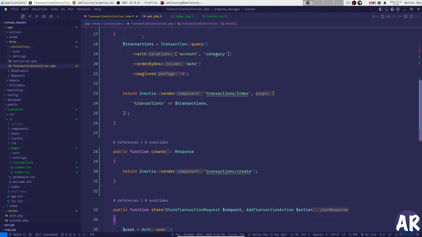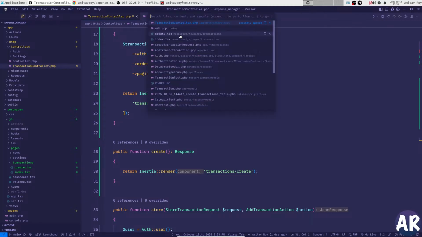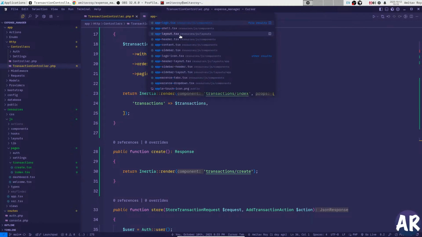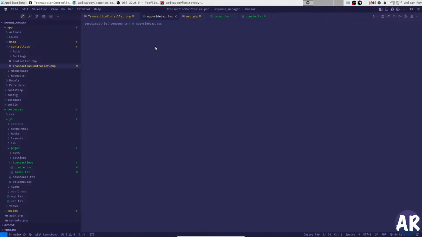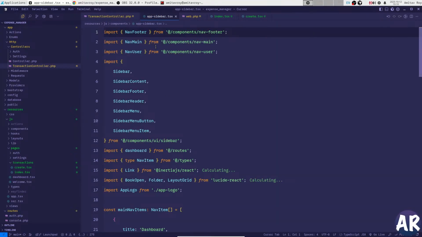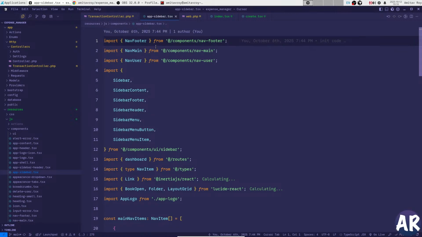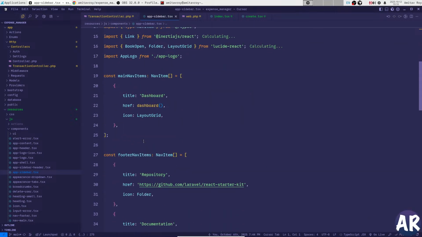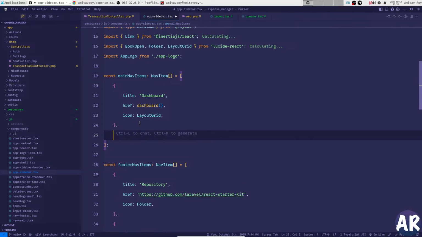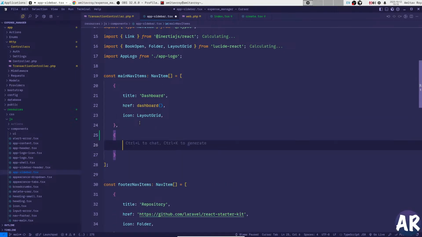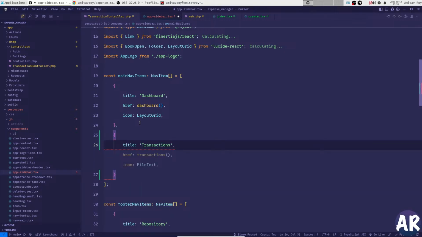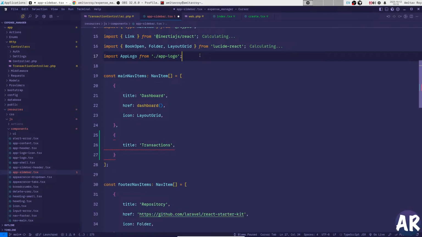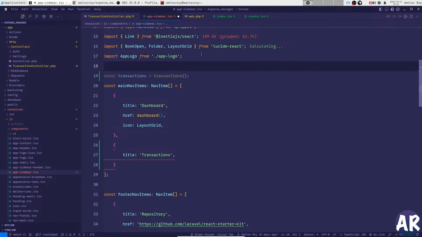So yeah, we need to go to that page. So in the starter kit we have something called as app sidebar, and in that sidebar what I will do is, where is the navigation? Yeah, in the navigation, oops, I will have title as transactions. Yes, we should get the route through the wayfinder because we have that ready. So I will do import